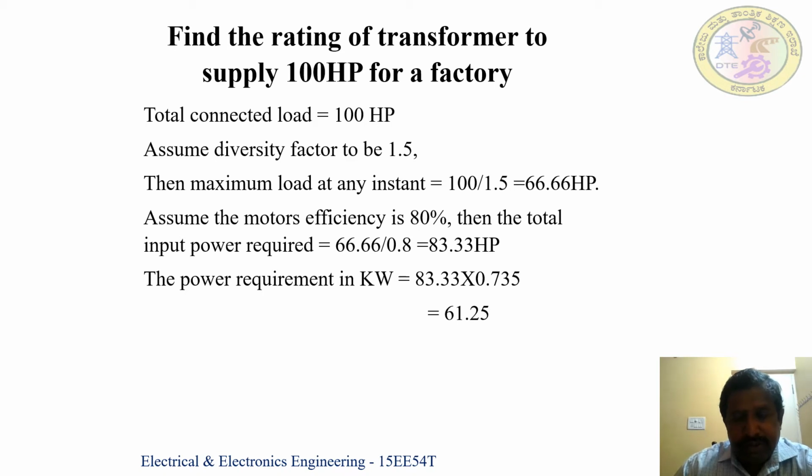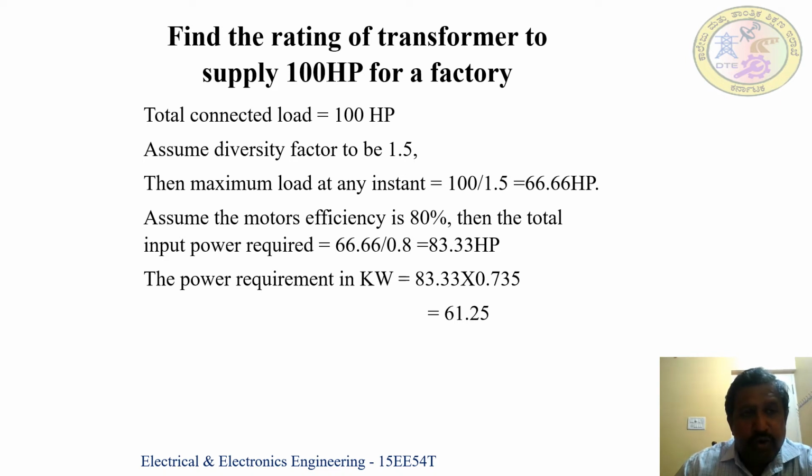So that is 66.66 divided by 0.8. So that gives 83.33 HP. So if we convert this HP into kilowatt, then we have to multiply this 83.33 by the factor 0.735. So that gives